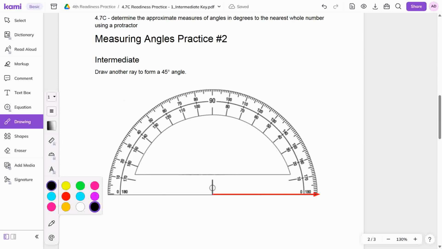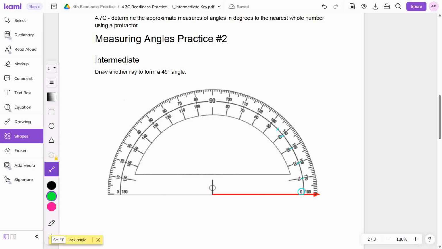So we need to draw another ray to form a 45-degree angle. So let's take what we learned there. Since it is landing on that 0, 180, let's go ahead and just make it easier, and let's just mark that 0, and that's going to be 10, 20, 30, 40. Think of it like a curved ruler. 45 is going to be right there because it's right between the 40 and the 50. So let's get a straight line,